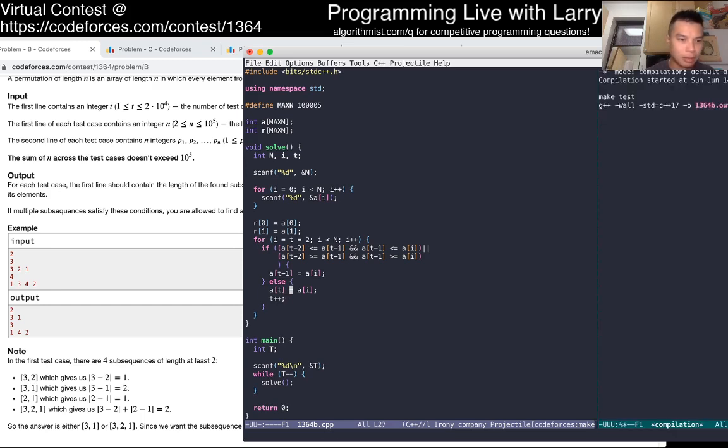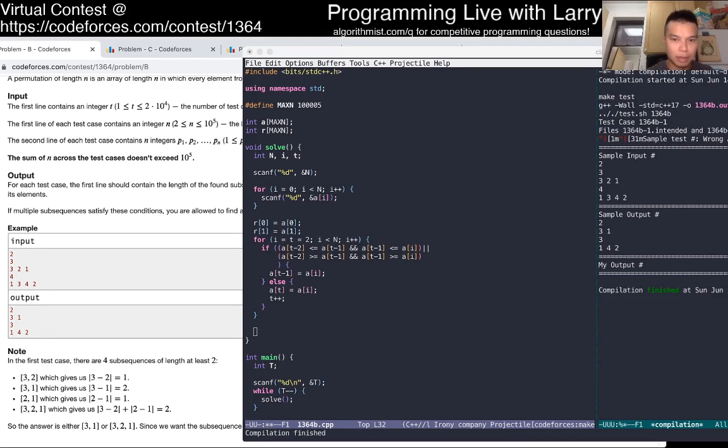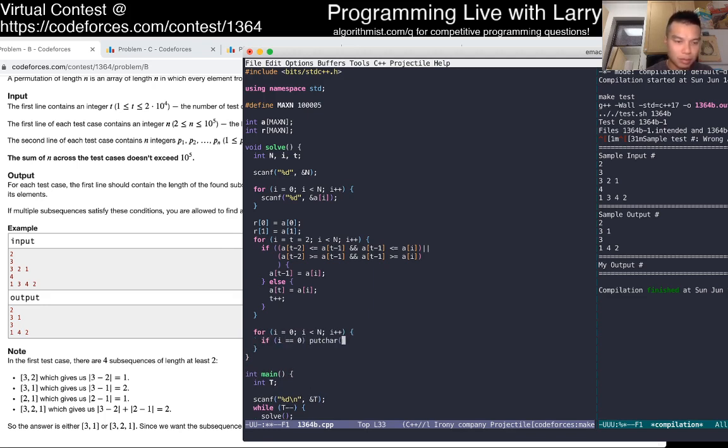Yeah, outputting stuff would be nice. Rusty.